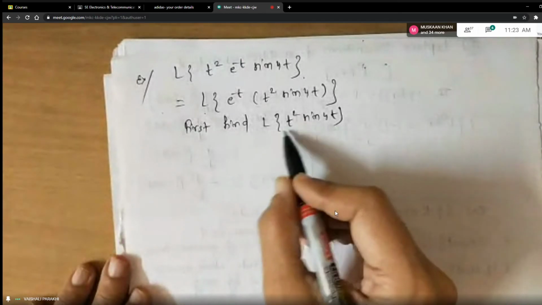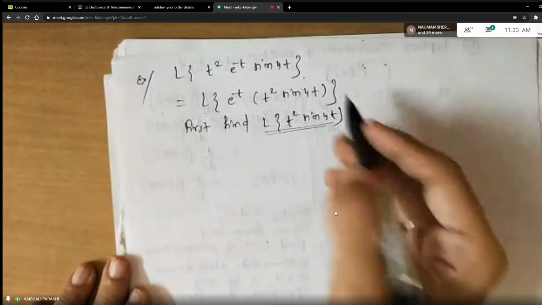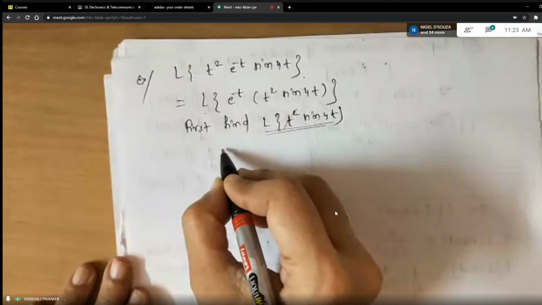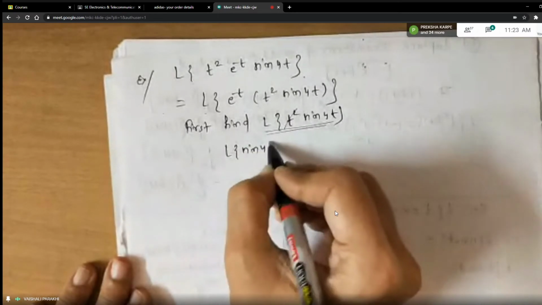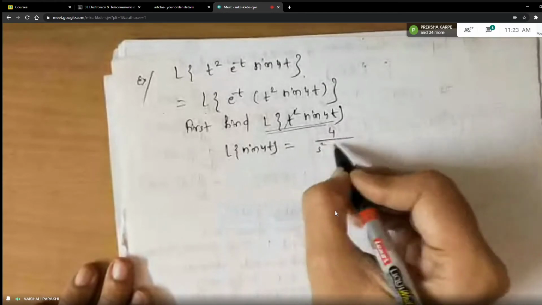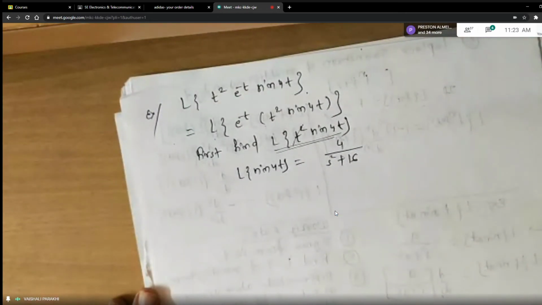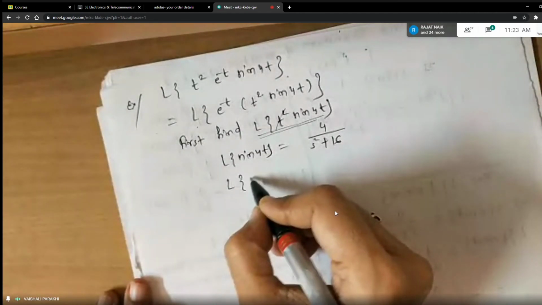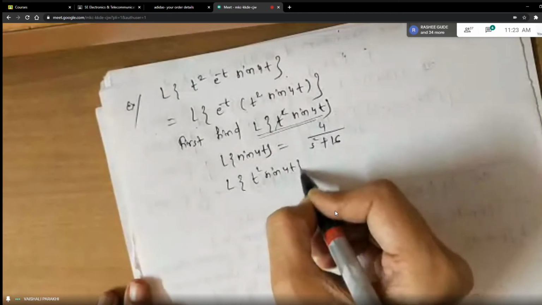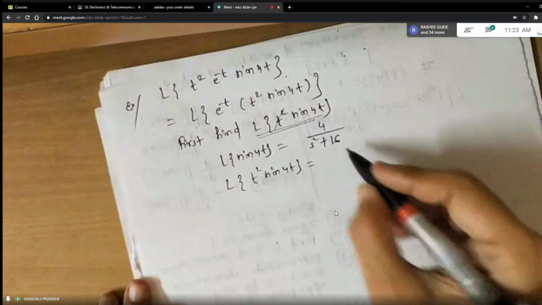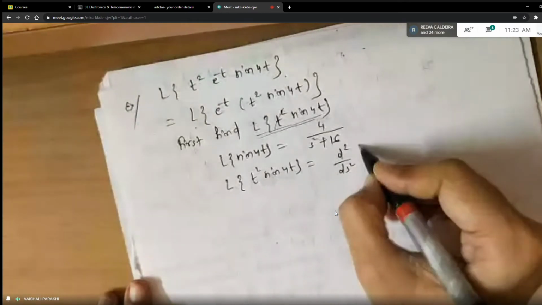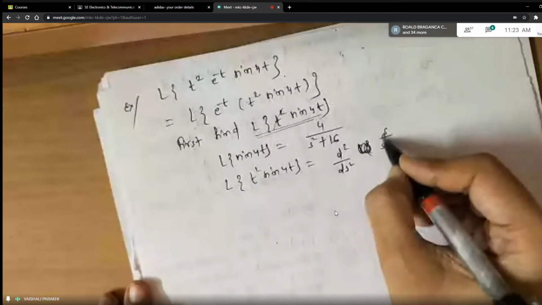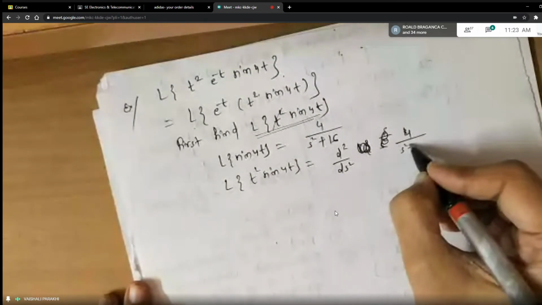So, when you are doing this, again, ignore t square. When you are ignoring t square, you will be finding the Laplace transform of sine 4t. It is a upon s square plus a square, correct? So Laplace of, now see carefully what I am doing. Laplace of t square sine 4t will be what, students? It will be d square by ds square of Laplace of sine 4t. So I'll write directly this. Already we got the answer here, 4 upon s square plus 16.